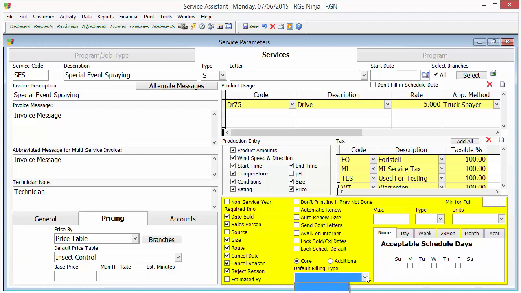Under billing type, more than likely you're going to do regular invoice. Let me drop down behind the screen here. I don't want to change this and move this around too much. But you have regular invoice, installment, statement only, credit card, and ACH. For the most part, you're going to do regular invoice because you plan to leave something at the job site, and then they send the invoice back with their payment. You can also set it to statement only, but for most people, it's going to be regular invoice. I would definitely not set it to installment, credit card, or ACH, because